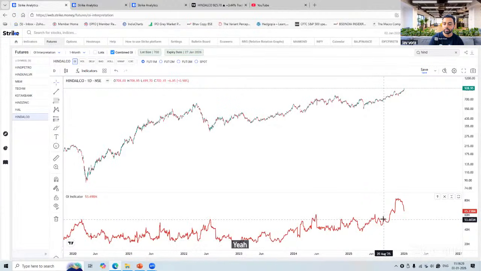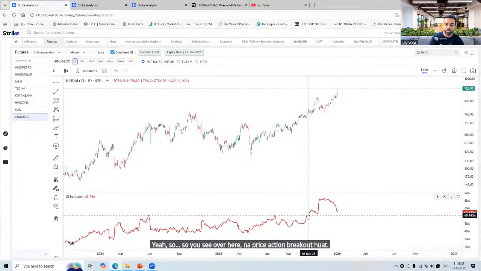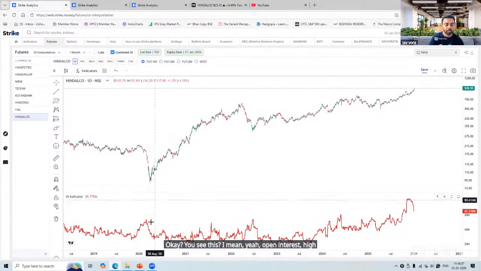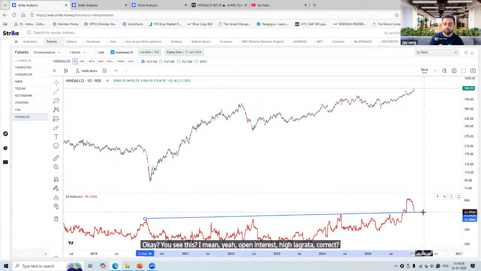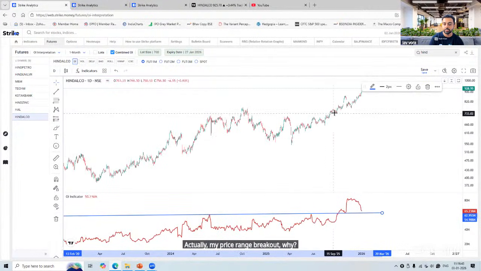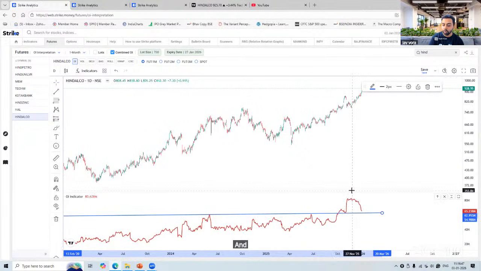So you see over here, यहाँ पे ना price action breakout हुआ था. Okay. You see this? I mean, ये open interest high लग रहा था, correct? बट यहाँ पे हुआ क्या है कि एक्चुअली में प्राइस रेंज ब्रेकआउट हुआ है, मतलब प्राइस प्लस OI, एंड ये शॉर्ट में और भी लोगों ने शॉर्ट किया,